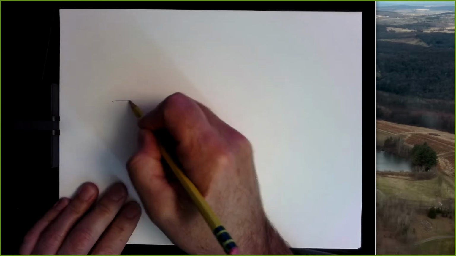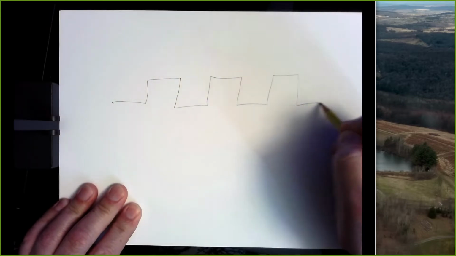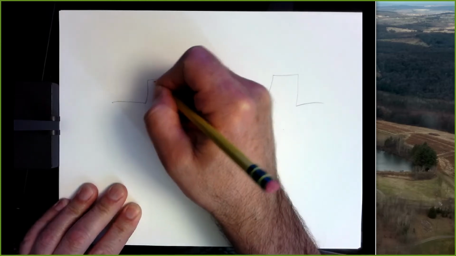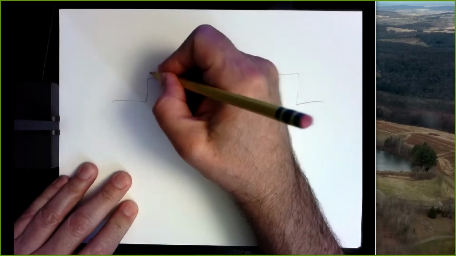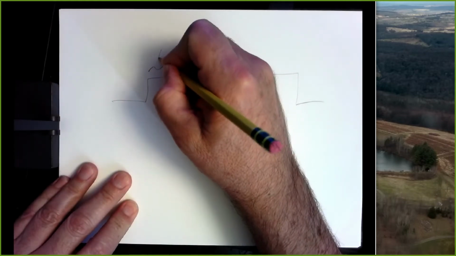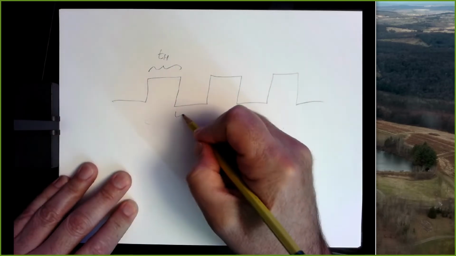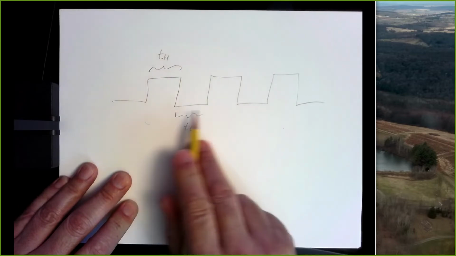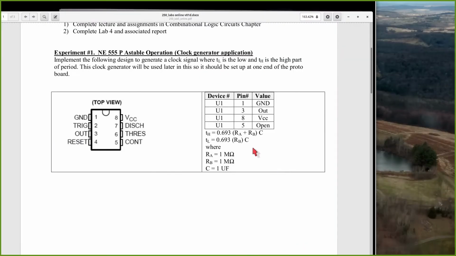When you have a waveform that's changing over time, typically you see, this is called the high part of it, where the logic level is high. This is the low part. So typically you'll see something like T sub H to indicate the amount of time during which it's high, and T sub L to indicate the time where it's low. And for this particular circuit, we've got these formulas that tell us how long the signal should be high and low based on the resistor values and the capacitor.